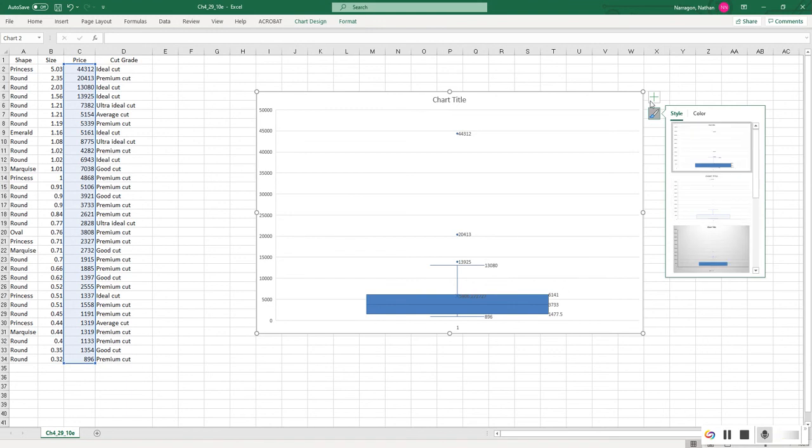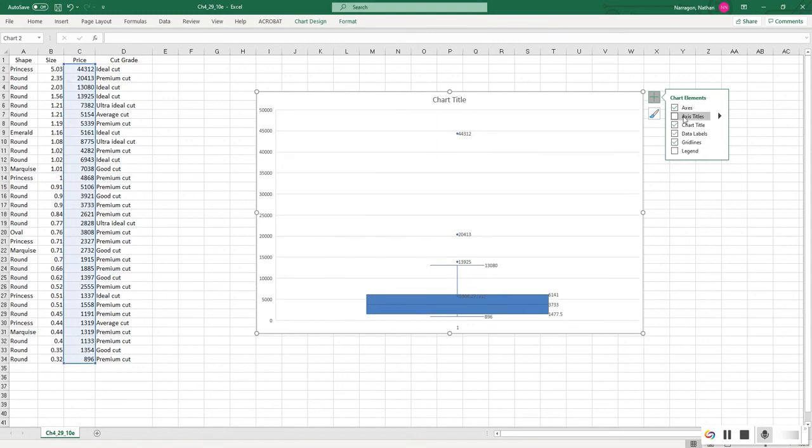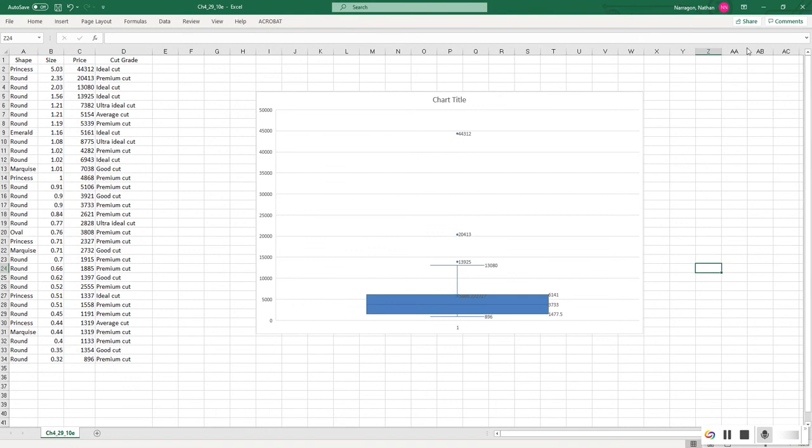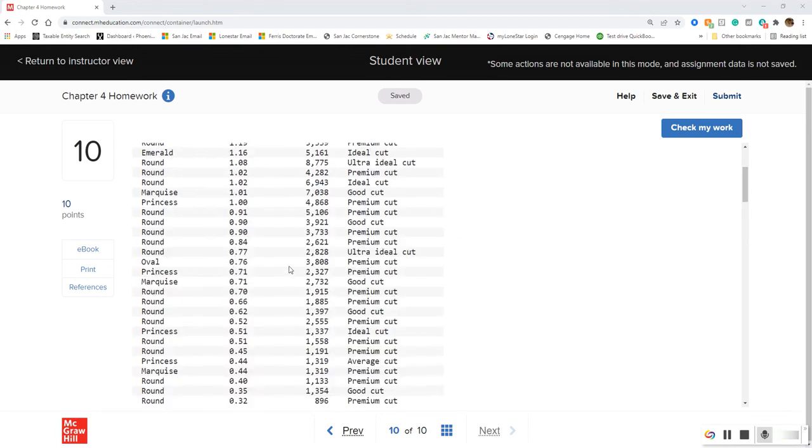Yeah, it only puts it like that. I'd rather have it flip. But yeah, so Excel can show, and it does show us some outliers. So even though it's going top to bottom, it's still the same as we go. And then you can find the median and price,